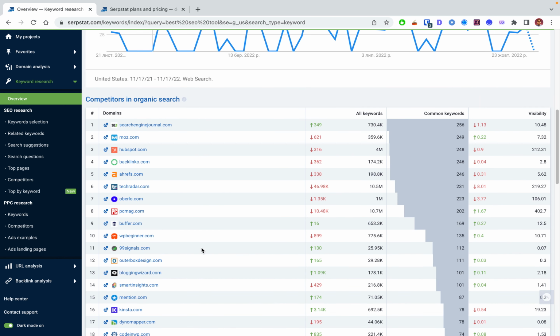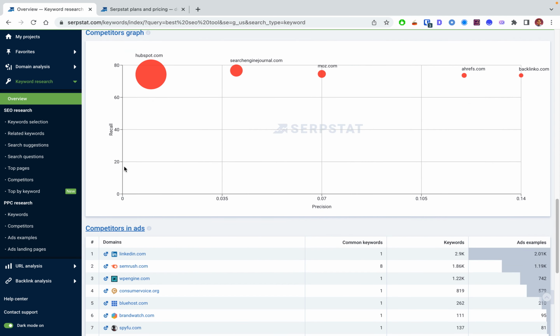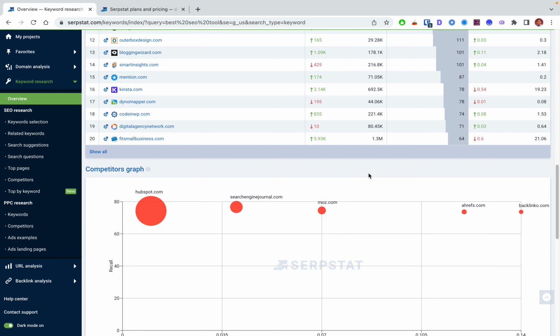It's pretty in depth, and then you can obviously expand and see how many, right? And then it also kind of gives you a comparator graph, right? So it's much more than a keyword research tool. Now it starts getting into the whole market intelligence game, right? So it gives you just an overall outlook that, all right, HubSpot is kind of the leader in terms of traffic within this topic, and then Search Engine Journal and Moz and Ahrefs are kind of the next